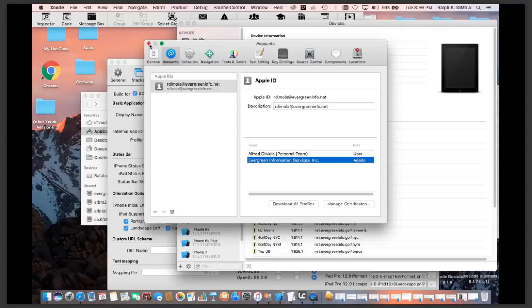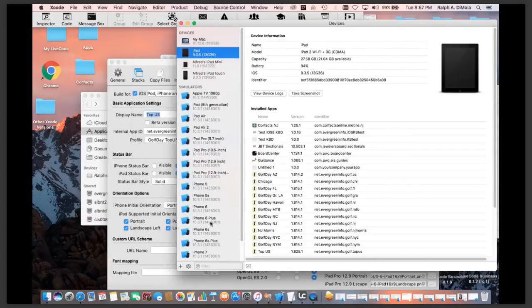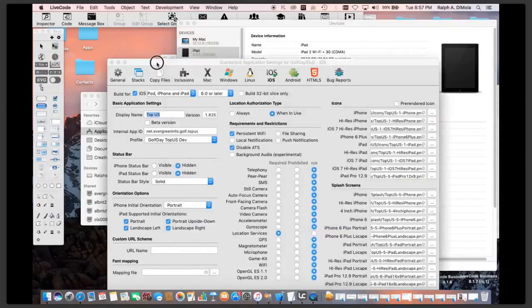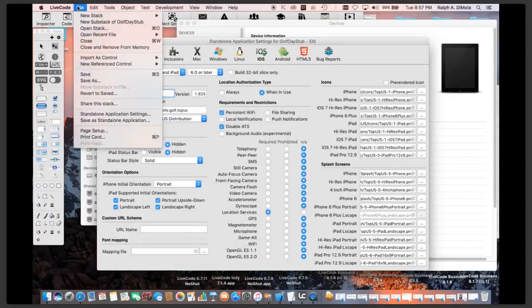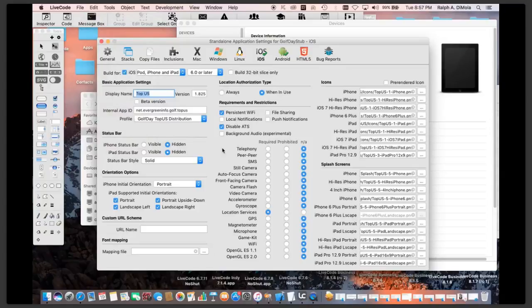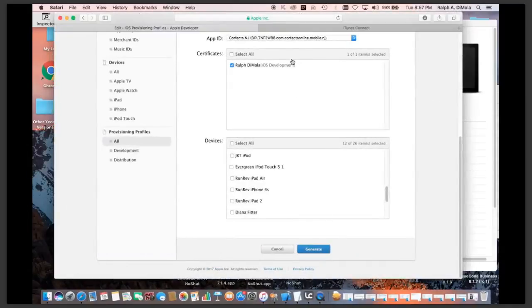Okay, now you have that. Now Apple, you're going to need to go to two websites to release something to the store. So when you do it, you select your distribution profile and save a standalone application, and it'll create a .app file. Once you have that .app file, you zip it, compress it, and then you can upload it to the store via the application loader. But before you do that, you have to go to the other half of the equation,